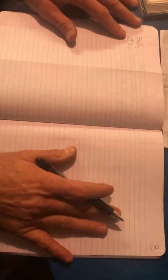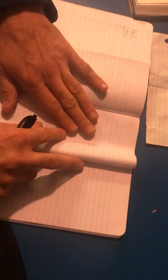Now we're ready for this. Okay, guys, we're going to do phrases. So fold your paper in half, red line to red line, and crease well. Okay, so let's do it together. The first phrase is...